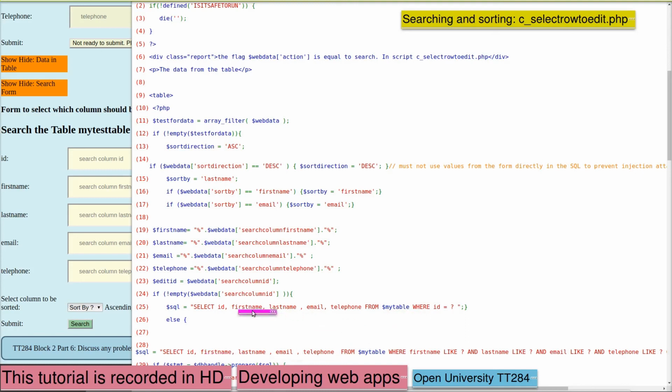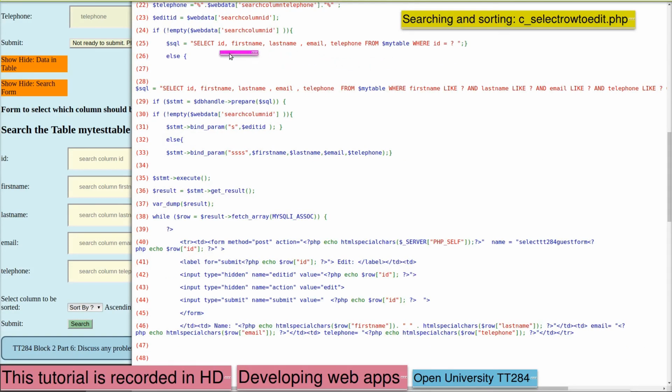What you're selecting from the database depends on the data that has been returned. If the search is on an ID, we only search on that ID because an ID can only be one item. But otherwise, we will select all the columns from our table